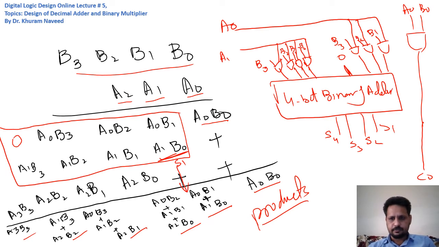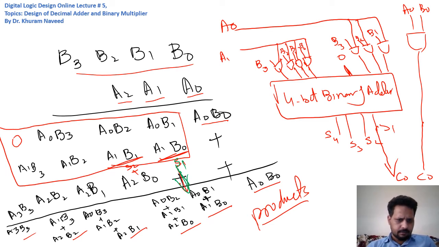So this S1 will be directly part of the product, like the second bit of the product, right? While the S2, let's just change the color for clarity. This is S1, and it will go directly to the product, into the answer,